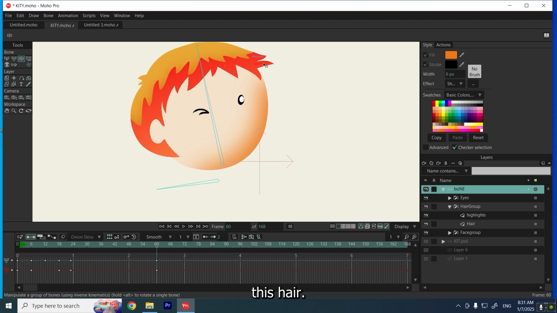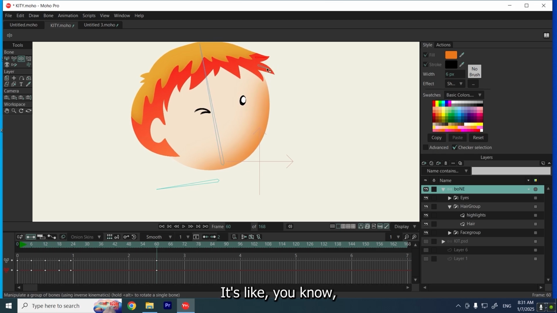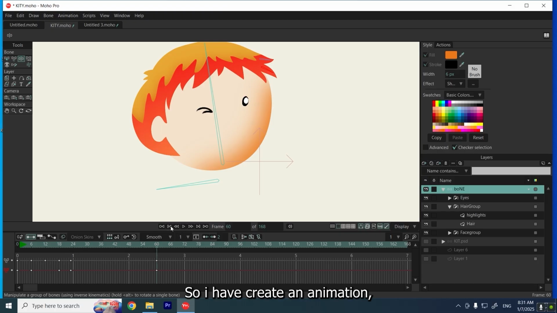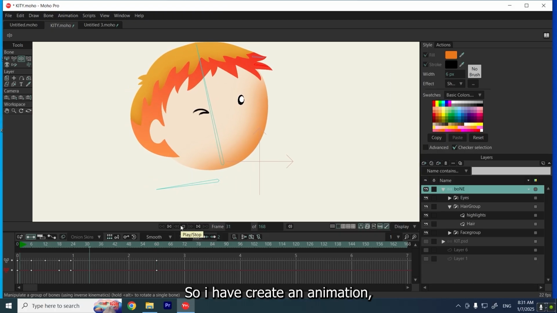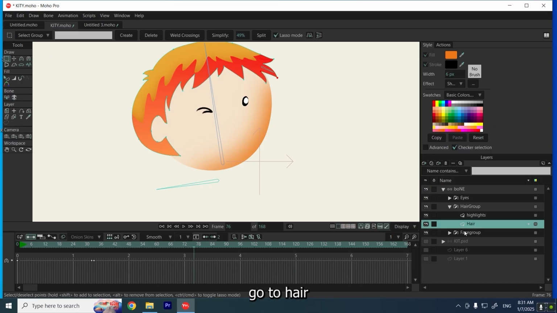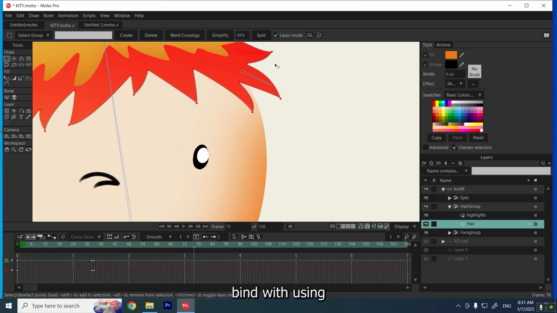This hair, it's like, you know, the wind is blowing the hair. So I created an animation so you can see. And for this one, I've bound it using, go to hair, bind with using a point. So I click here,